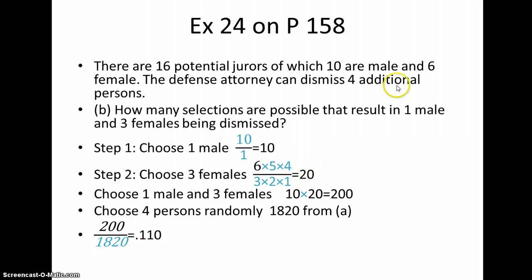By the formula, 6 choose 3 is 6 times 5 times 4 divided by 3 times 2 times 1, so we get 20. So step 1 times step 2, we have 200 ways to choose 1 male and 3 females. So there are 200 ways to choose 1 male and 3 females, and 1,820 ways to choose